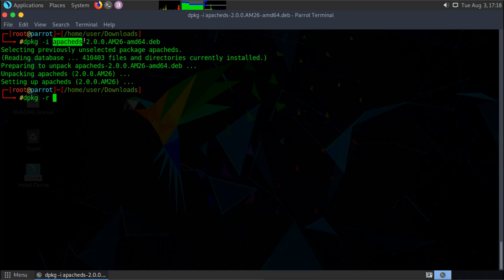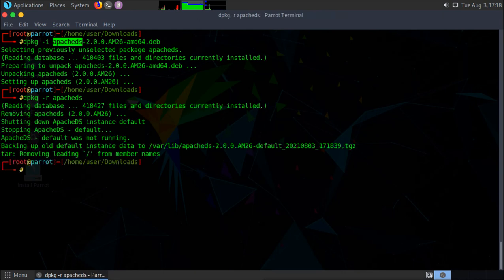You do not have to mention the whole file name. Then it is going to remove it, and it is removed.